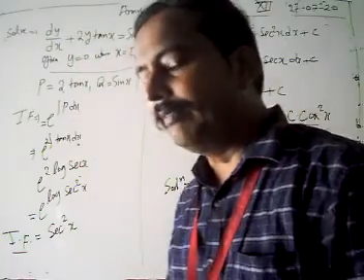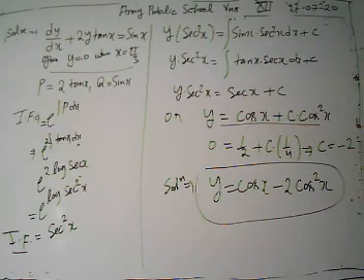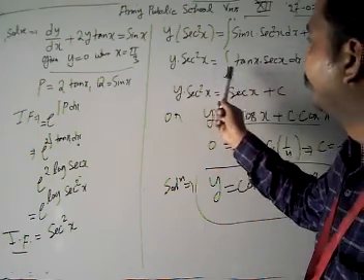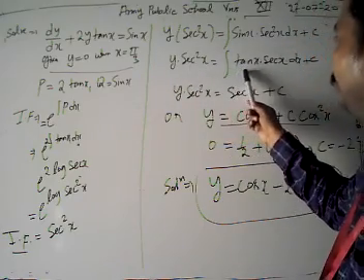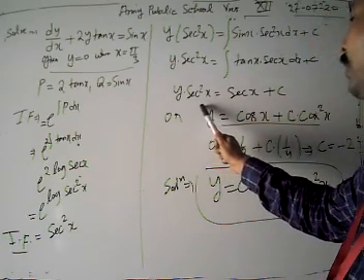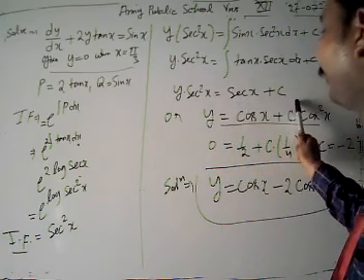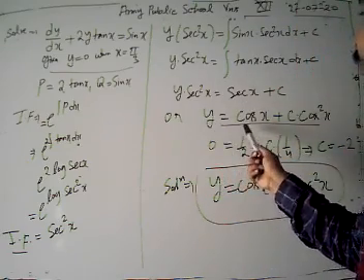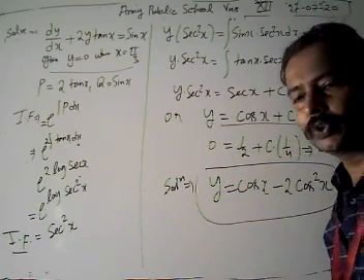Then how can we get the solution? Our solution is given by y into IF equal to integration of q into IF. After solving it, we get y into sec square x equal to integration of tan x into sec x dx. Then finally we get y into sec square x equal to sec x plus c. Dividing each term by sec square x, our final solution is y equal to cos x plus c into cos square x.